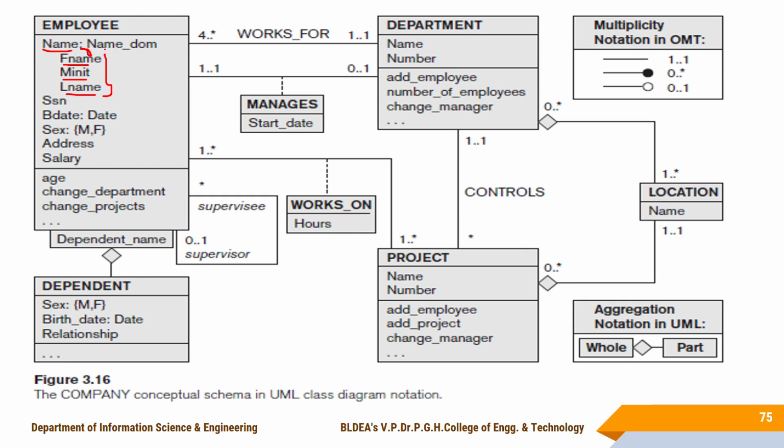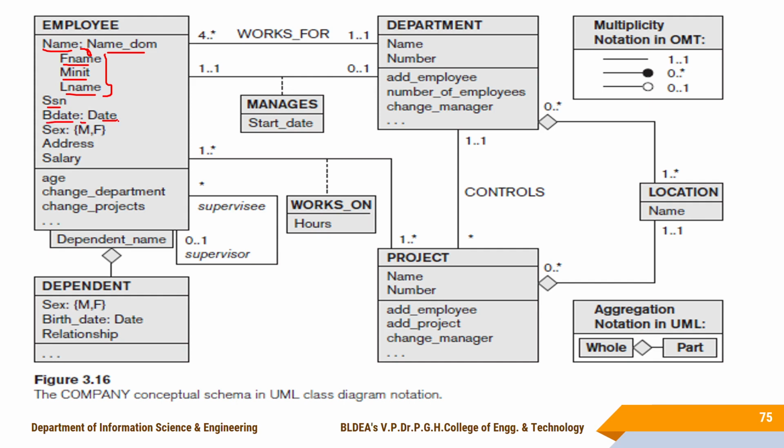Okay, so that one you specify like this: name, colon, and next you have to specify the domain of that particular data here. This we call a structured domain because it is further subdivided into first name, middle initial and last name here. SSN, this is the name of the data. Birth date, this is the name.